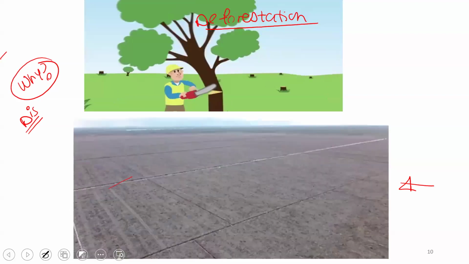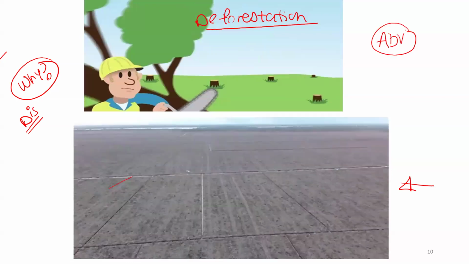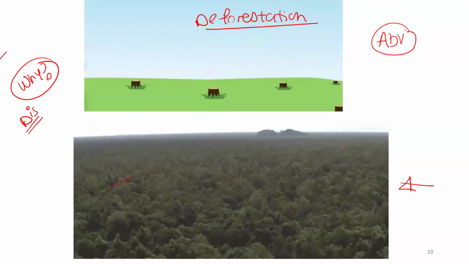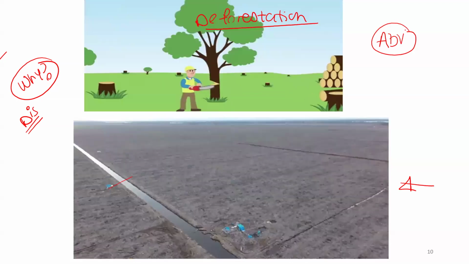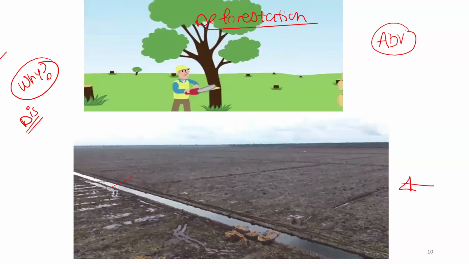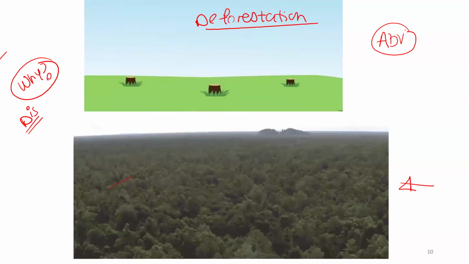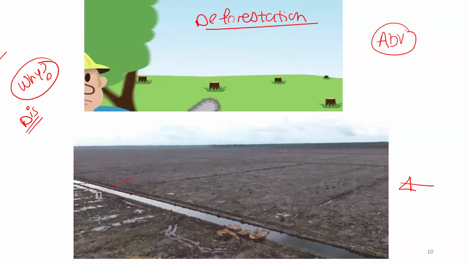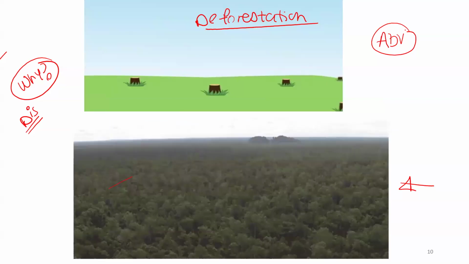Now, if you come to think of any advantages, you will not find a single advantage for the cutting down of trees. So there are no advantages for deforestation, only disadvantages. And we have a list of disadvantages. Without reading them, can you think of one or two disadvantages for deforestation? Cause global warming. Of course. Loss of habitat. Of course. You will find many, many, many disadvantages. You don't even need to study it.